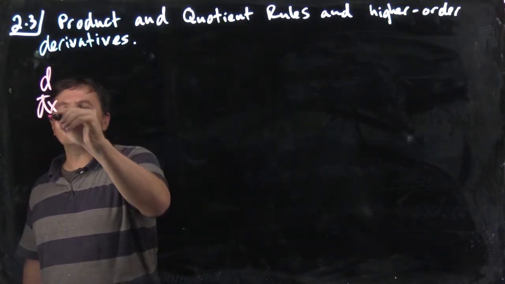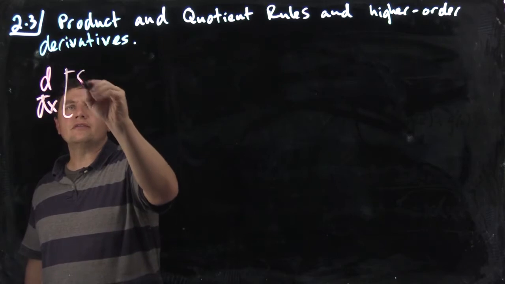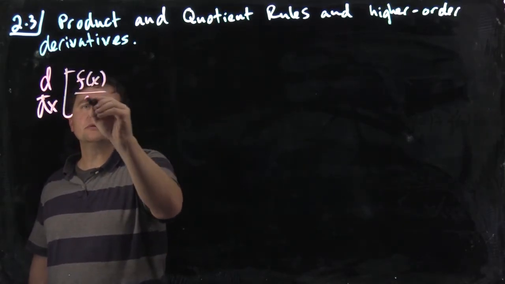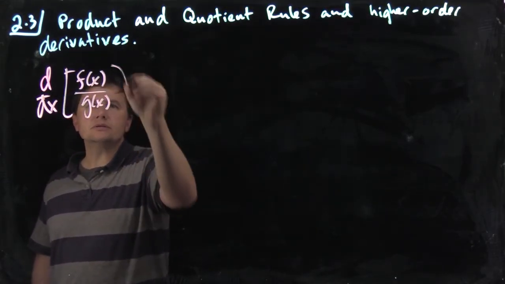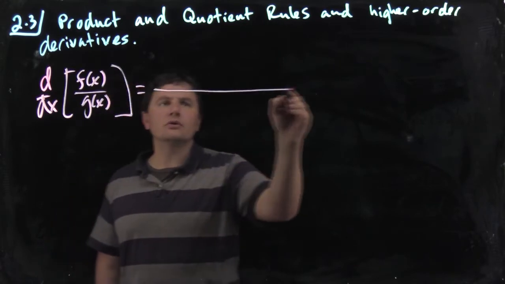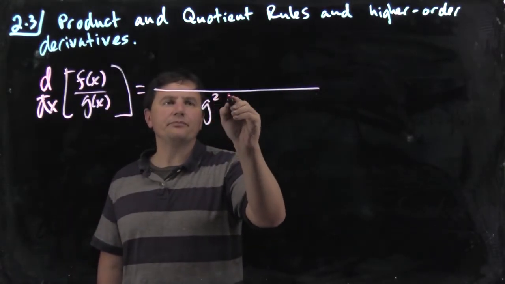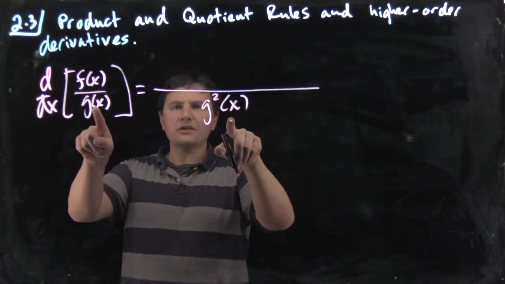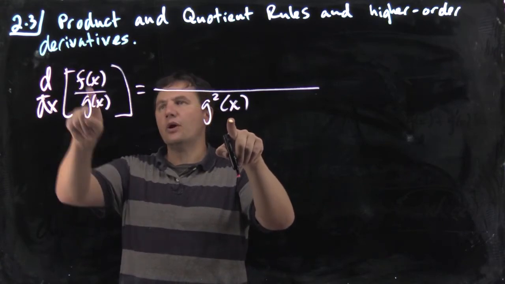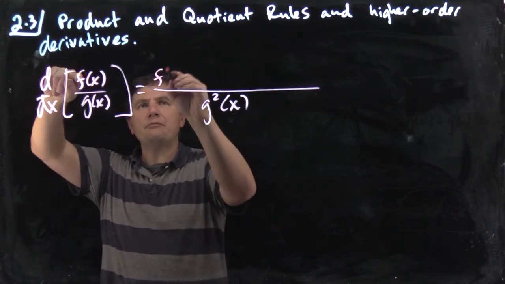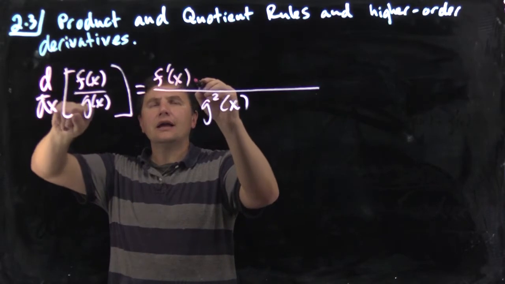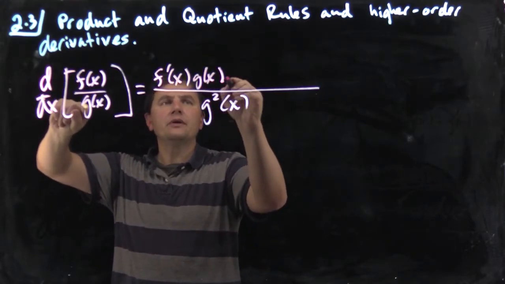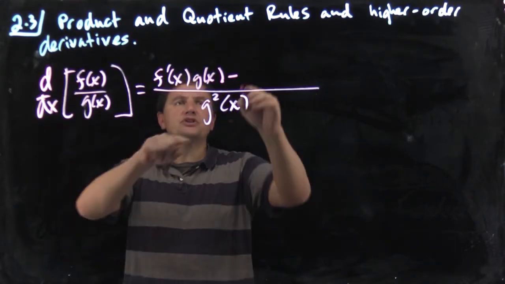Okay. Now we're going to talk about quotient rule. So if I take the derivative of a quotient, the way we do this is we square the bottom. Whatever the bottom is, we leave it alone, we just square it. Take the derivative of the top first, copy down the bottom, minus,